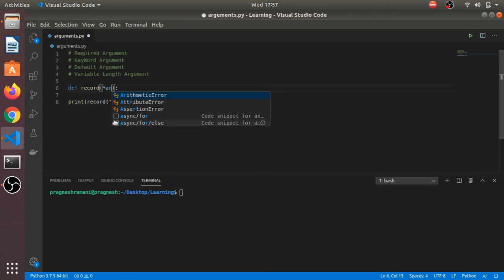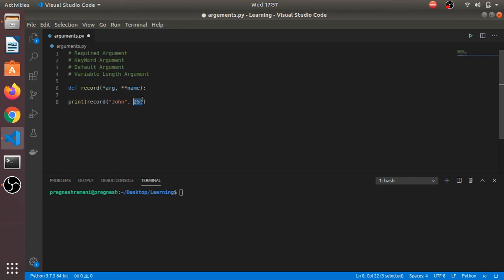This is a variable length argument, and this is also a variable length argument, but if we put one asterisk before the variable, it will read only non-keyword arguments, and if we put a double asterisk before the variable, it will take the keyword arguments.